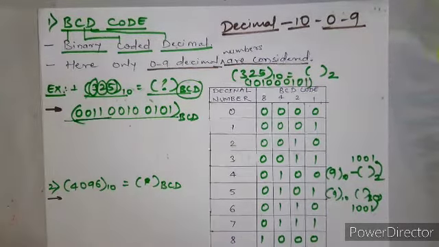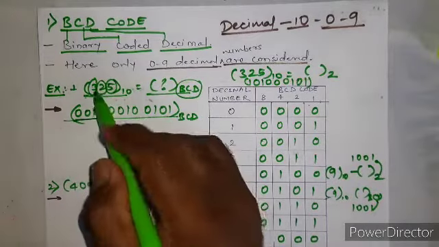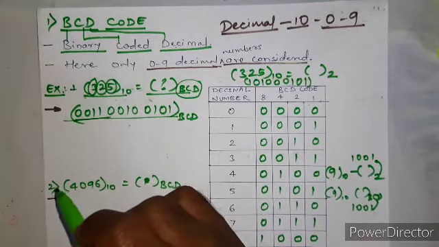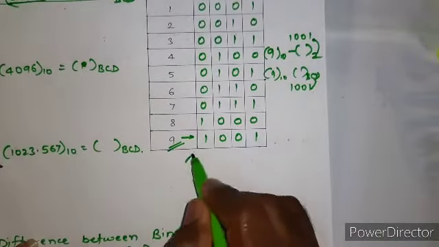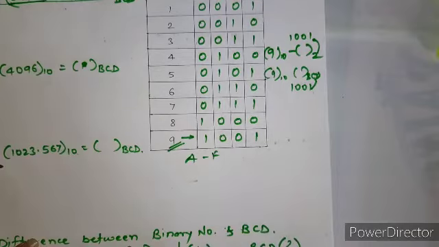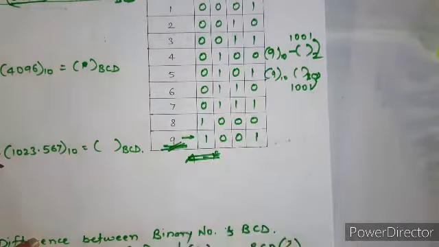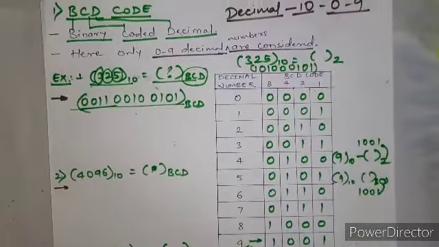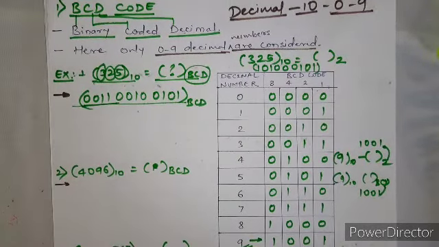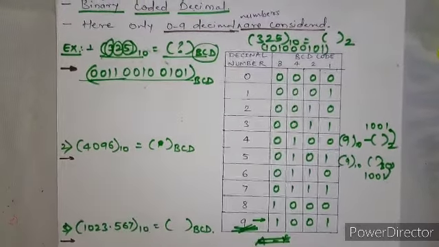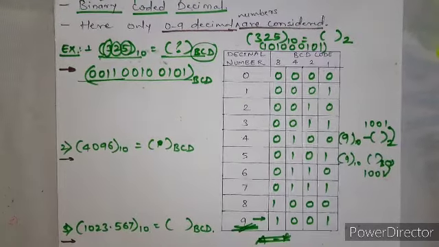It's simply representing a given number digit by digit. You have seen this for hexadecimal, but in hexadecimal we have A to F also. Here we don't have that. Here we are just limited to 0 to 9. I hope you are getting clear about these concepts of binary coded decimal.